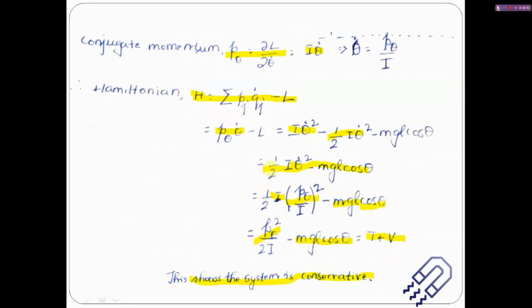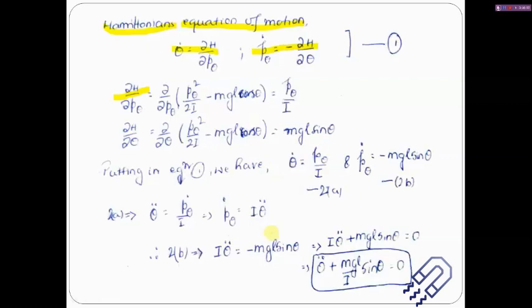So we cannot really stop here. We have to write it down in terms of p theta. Once written in terms of p theta, we can find out ∂H/∂p theta, and that is nothing but the derivative with respect to p theta of whatever Hamiltonian you have put in that equation. We have done it on the previous slide, and this is nothing but p theta divided by I.